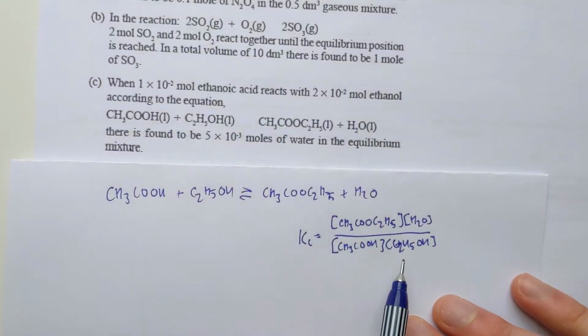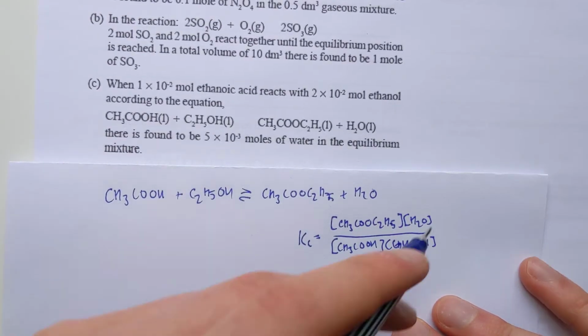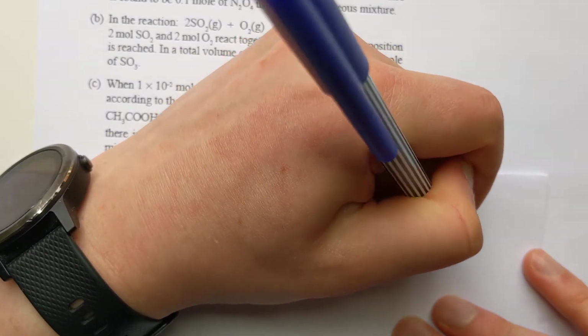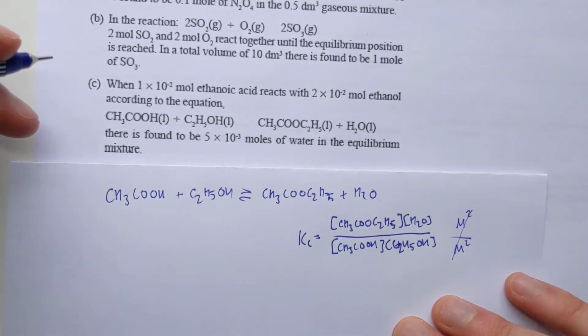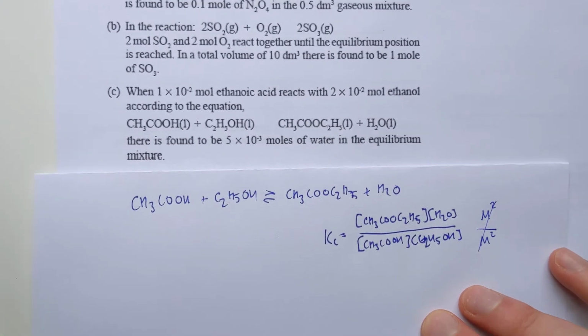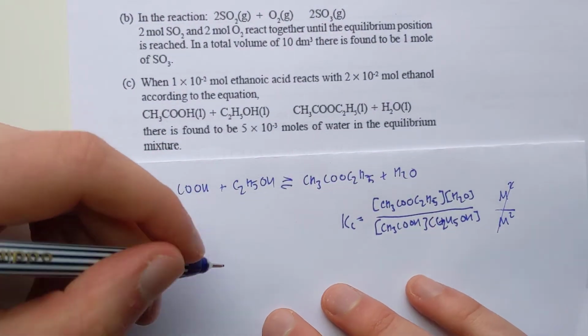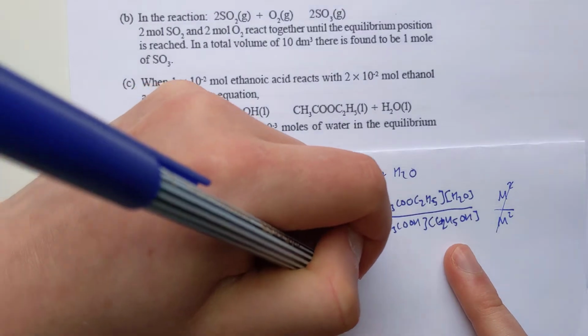If I look at the units there, it's the same expression on the top and the bottom, so it's moles per decimeter cubed squared over moles per decimeter cubed squared. So it's going to cancel out, and there will be no units here. And if you look at the question, they haven't given me a volume, which kind of backs that up. So, putting it into my expression from my table,